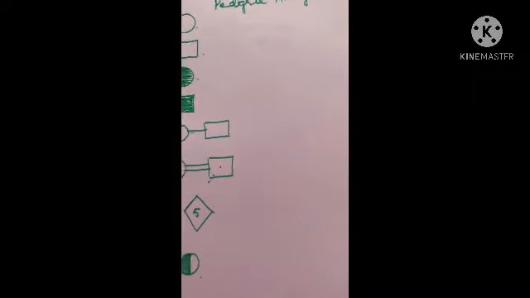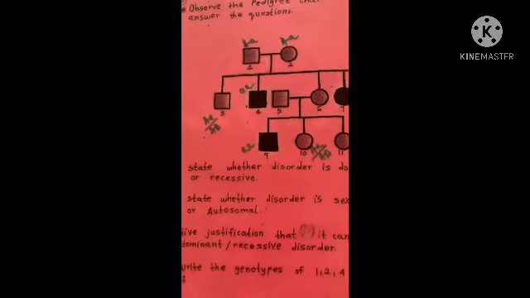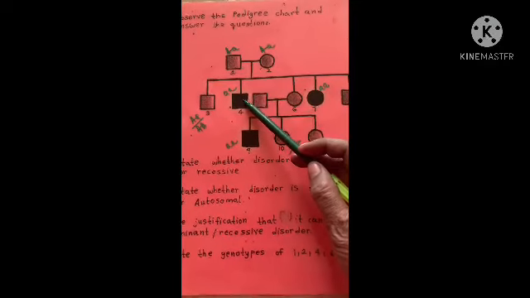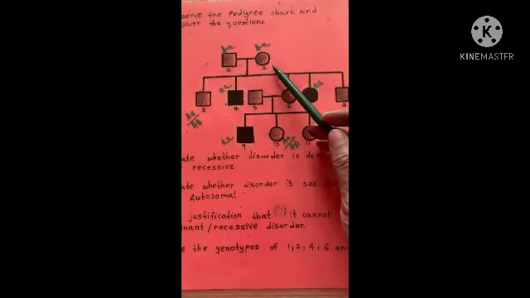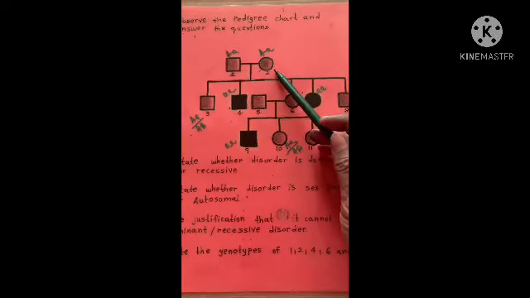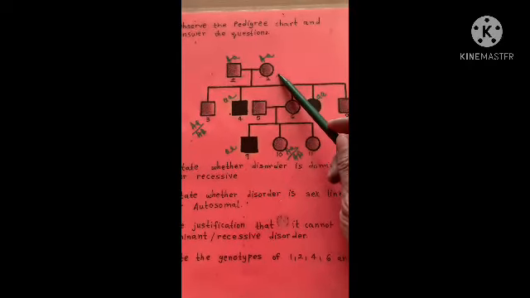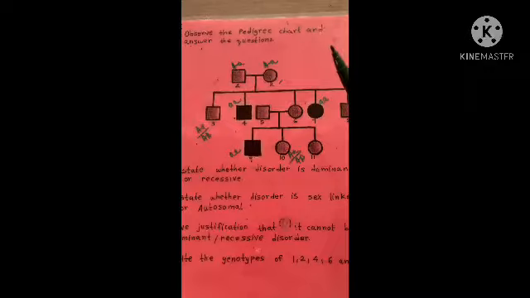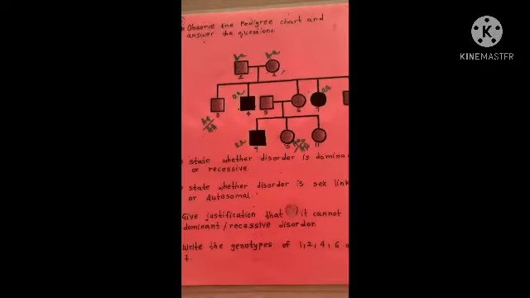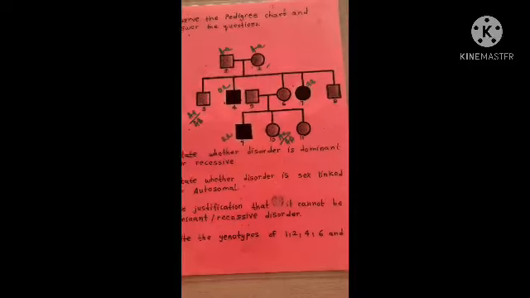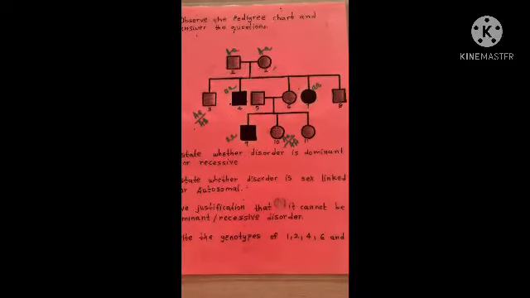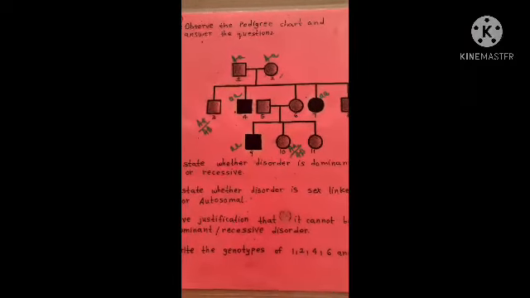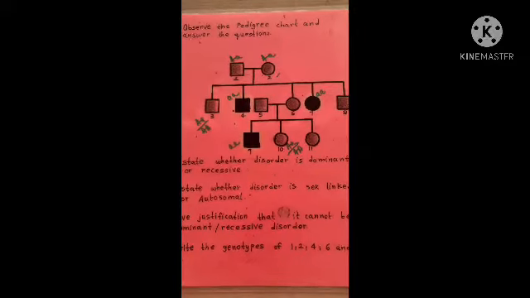Another thumb rule you have to remember: if you see this chart and both the parents are normal, and in the first generation there is an appearance of disease, then one thumb rule can be derived that both the parents must be heterozygous for the condition, and this disorder must be regulated by a recessive gene. Remember this thumb rule: if both the parents are normal and in the F1 generation there is an appearance of disease, then both the parents must be heterozygous.